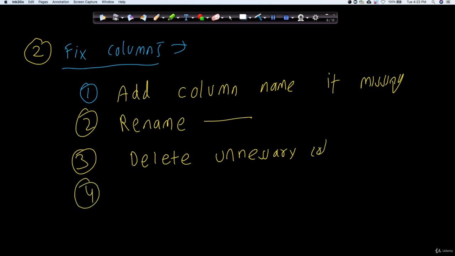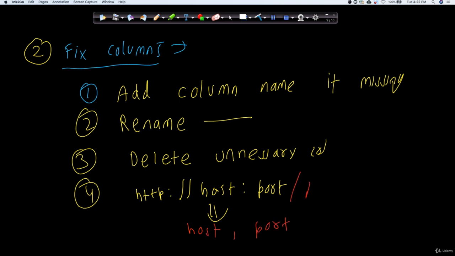Now similar to that, it does happen that you have, let's say, a column coming up with respect to your HTTP, where you can have host, port, like this sort of thing. So maybe you can split this column into multiple parts. One column you can create like host, second column you can create like port. If there is any other thing also, you can again create it like that, right? So maybe you want to split your columns, which may make more sense.